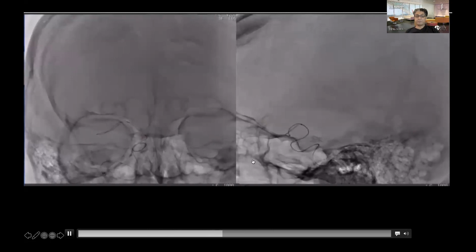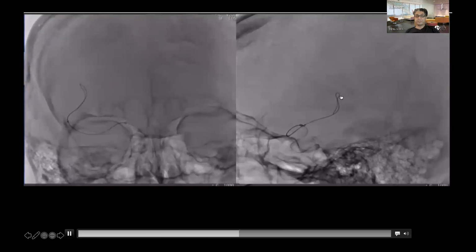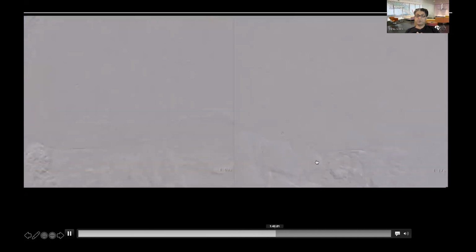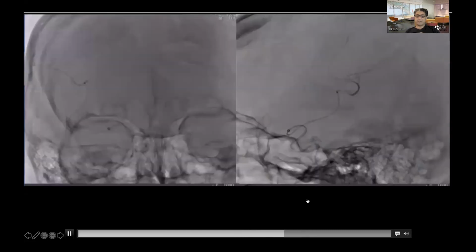I prefer starting off with these U's, which really help us get into the right location. There's the intermediate catheter brought up, and now we are getting into the right branch. The microcatheter is used. The clot is a little tough to cross, but the fact that we have a J really gives us confidence that we are going to be okay. And then we just pull, push till we get to the other side. And once we have it, then we do a microcatheter run, again confirm we are distal, and now again deploy